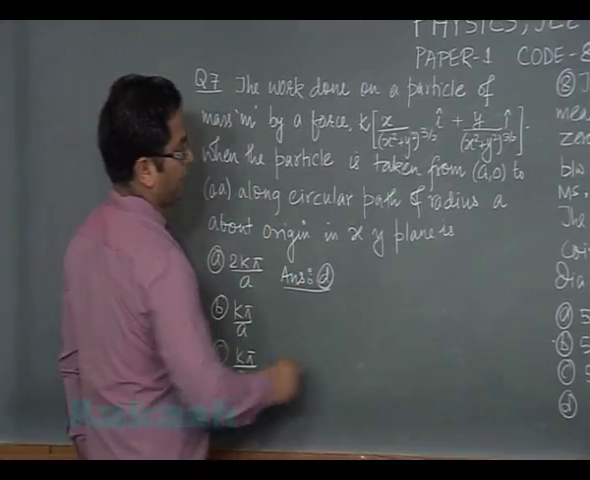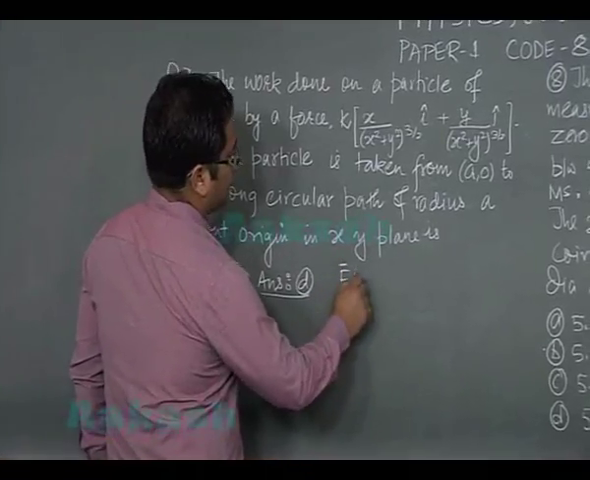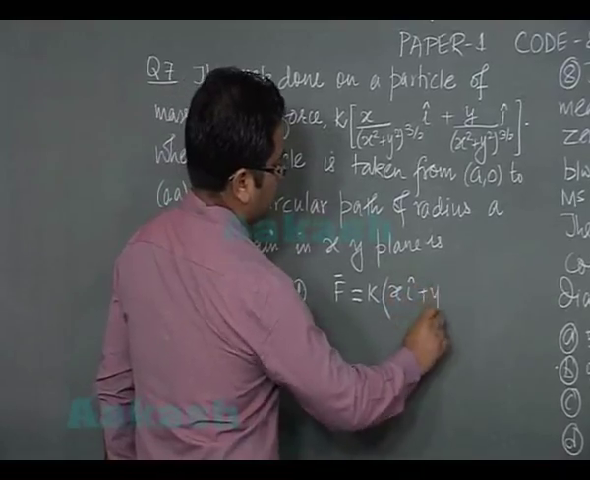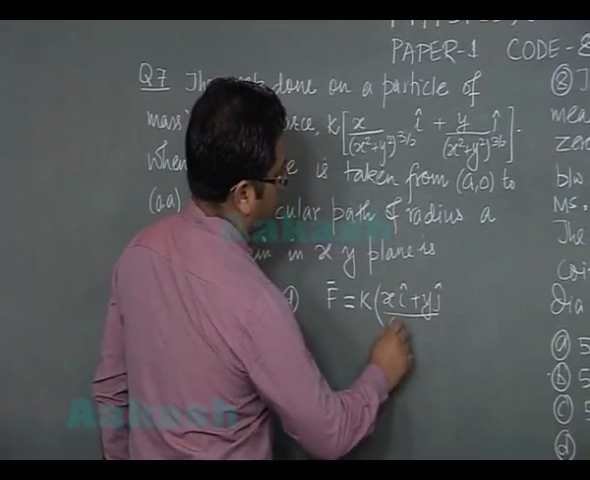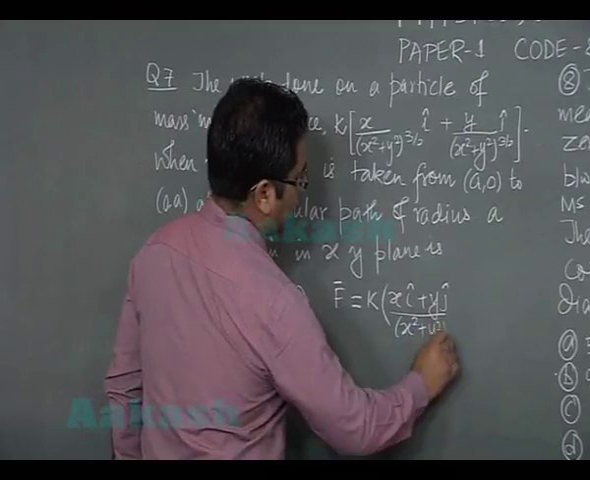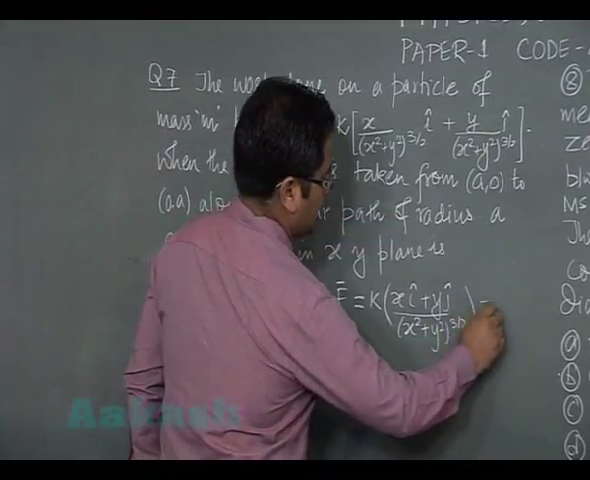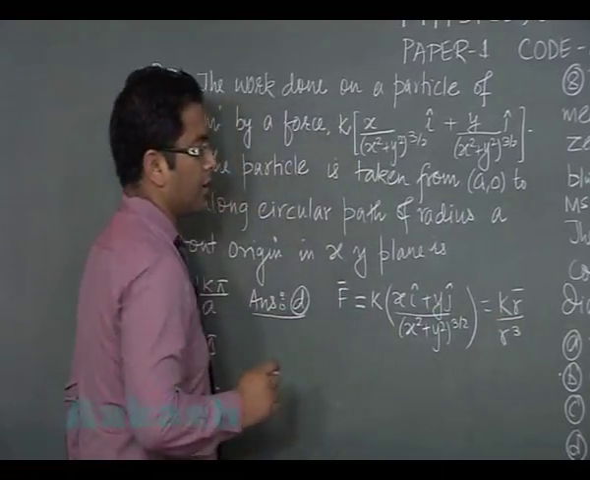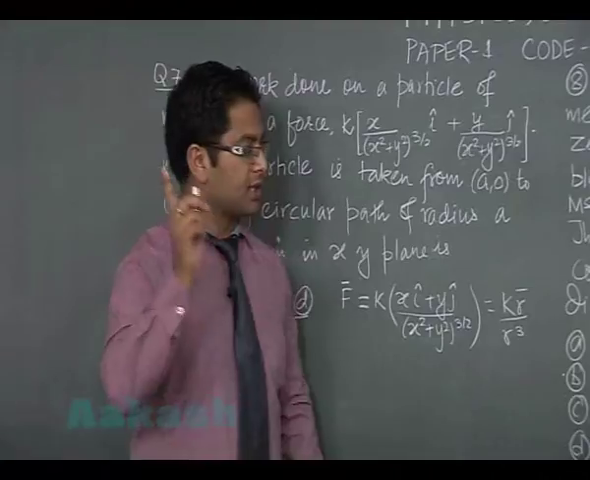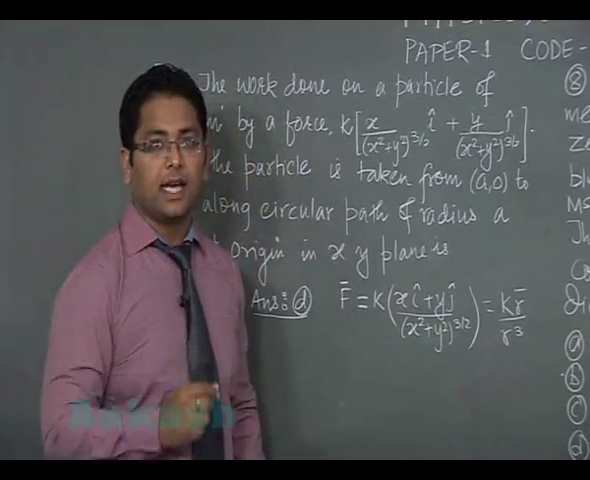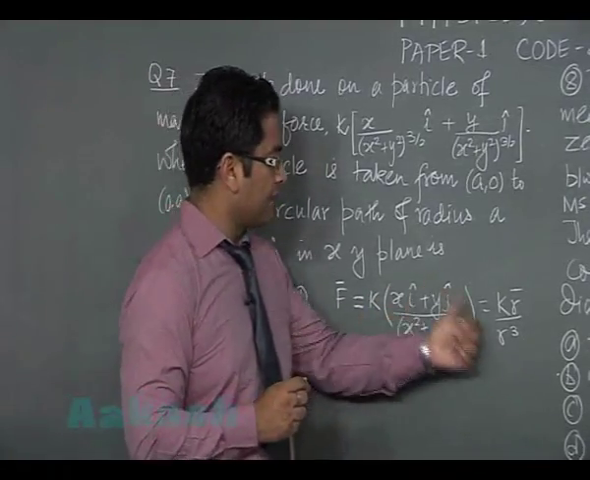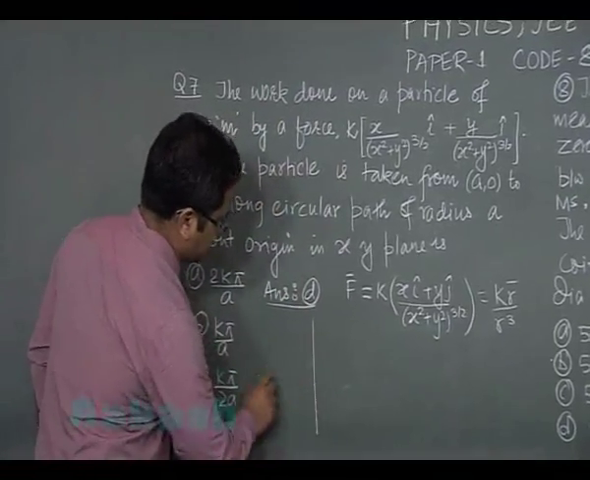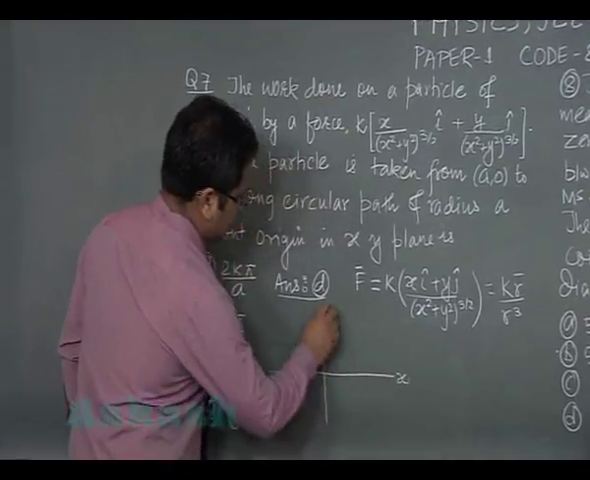Let's verify. The value of force, if you check out, is given as K (x i cap plus y j cap) by (x square plus y square) to the power 3 by 2, which is equal to K r vector by r cube, where r vector is the position vector drawn from origin in the xy plane, that's x i cap plus y j cap. Now the problem is miraculously simpler. This is x, this is y,